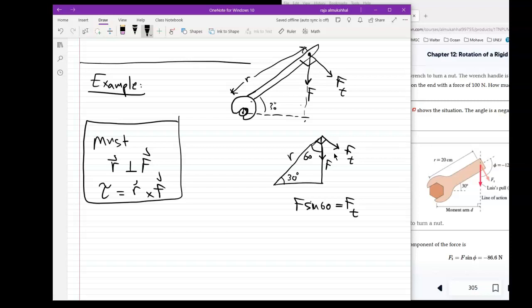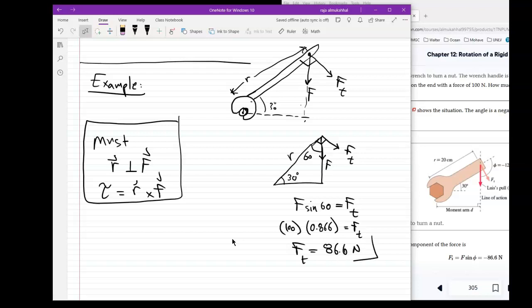So F in this case, you can pause the video and think about it. So here we have F is given to us. It's equal to 100, so we have here 100 times sine 60, which is 0.866. That will give me F sub t, and F sub t is equal to 86.6